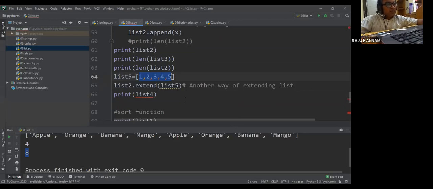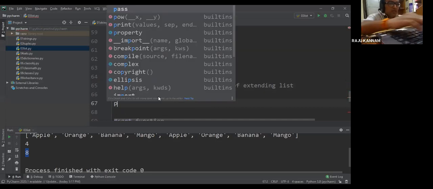Again I'm extending the list: list 2 dot extend, adding the items from list 5. Whatever items are in list 5, add them to list 2. After that we will print list 2 and also print the length of list 2.